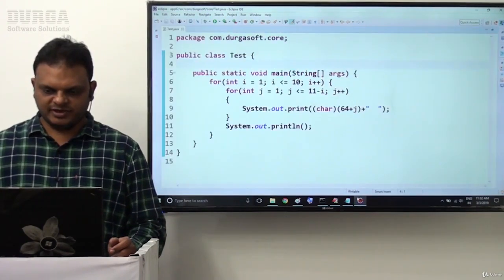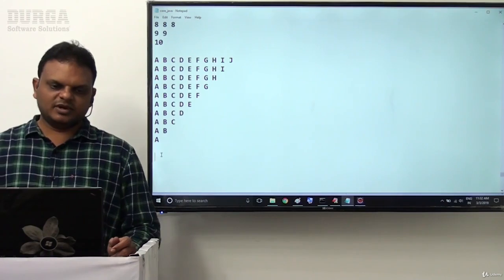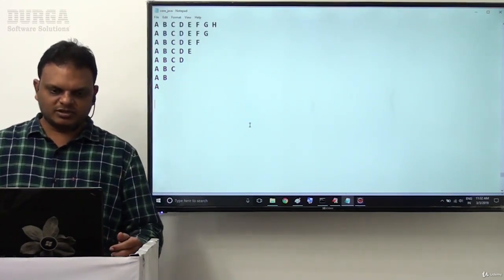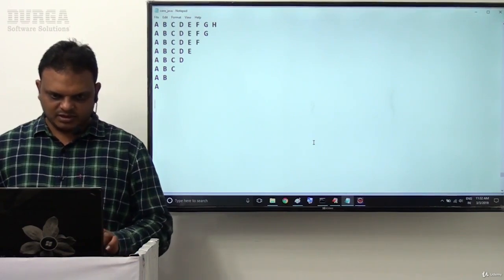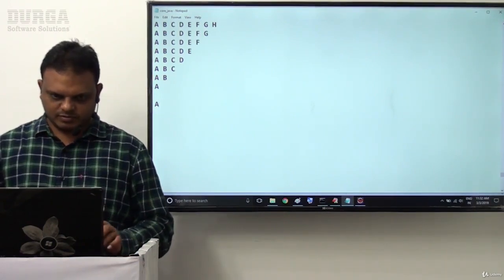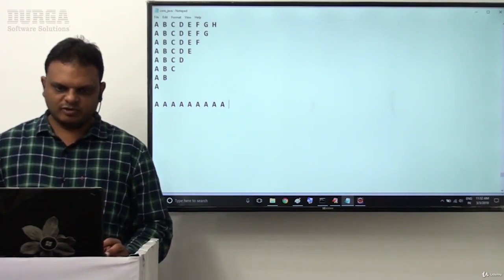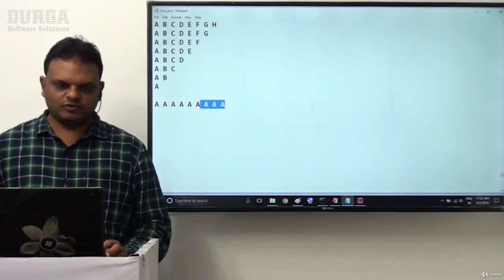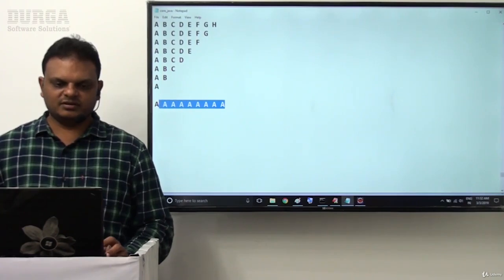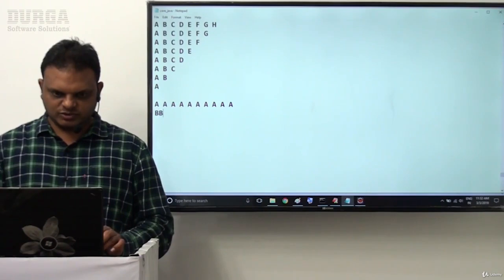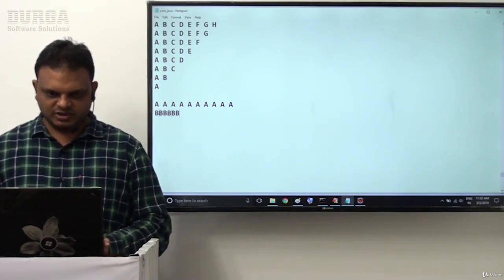My next requirement is same pattern, but now ABCDs I want to display in horizontal mode here. That means what I want to display there? 10 times here I want to display there 1 2 3 4 5 6 7 8 9. Okay, now here 10 times here I want to display there. Next one is which one there? No, B's values here we have to provide